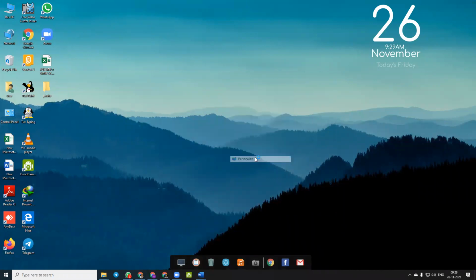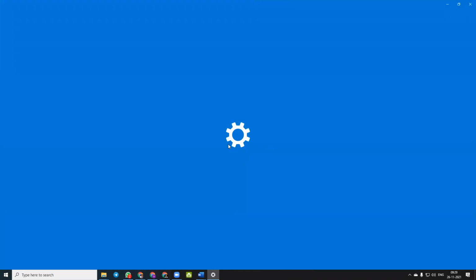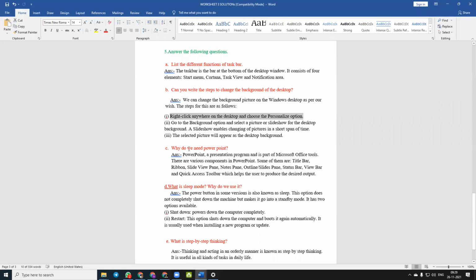Personalize. Next, go to the background option and select a picture or slideshow for desktop background. A slideshow enables changing of pictures in a short span of time. The selected picture will appear as desktop background.